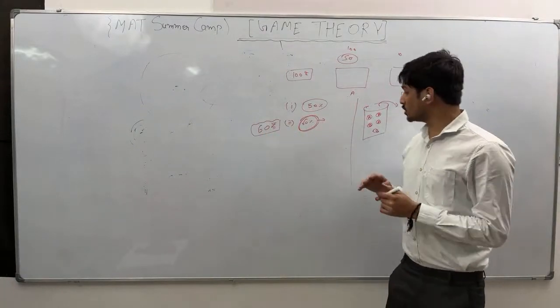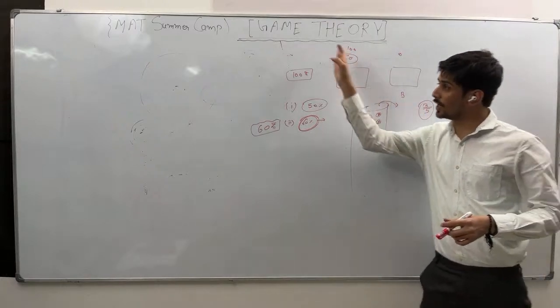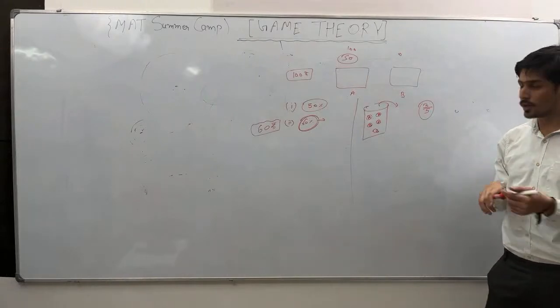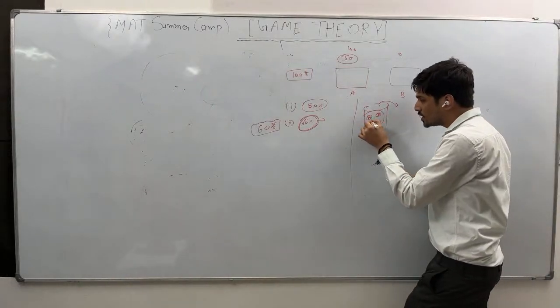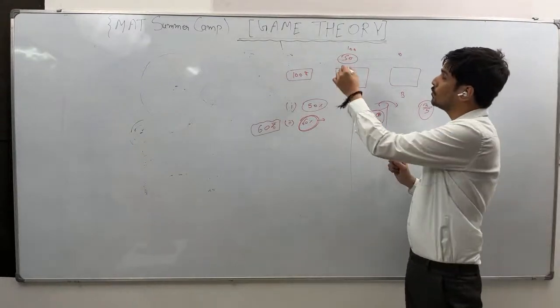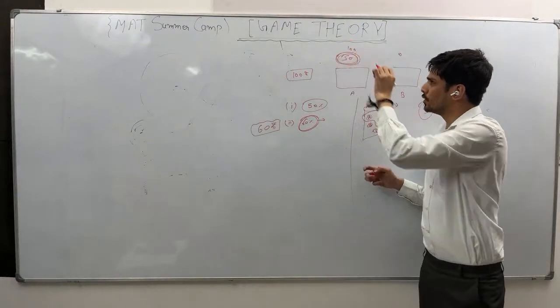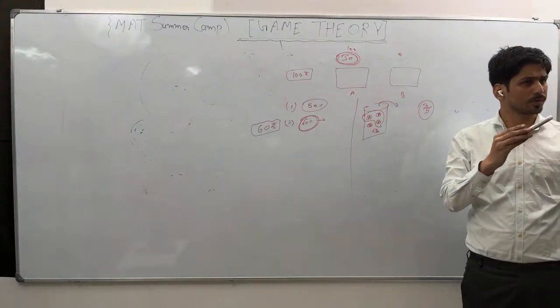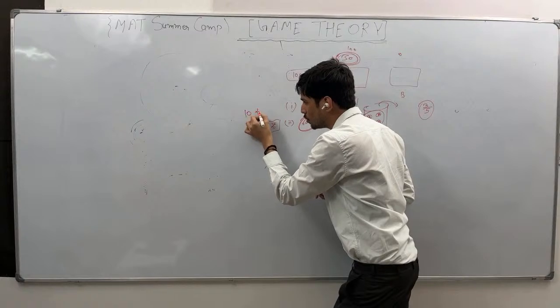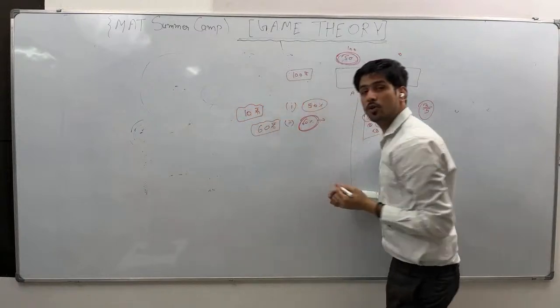Are you getting my point? Because out of 5, it's not that you will get 100 rupee. But if you talk in terms of probability, then out of 5, there are 3 balls only that will give you the result. Are you getting it? So here your winning chances were 50 rupees. You can say directly you'll go, you'll get 50 rupee. Here you are getting 60 rupees. So how much rupee you are able to spend? 10 rupee are able to spend.